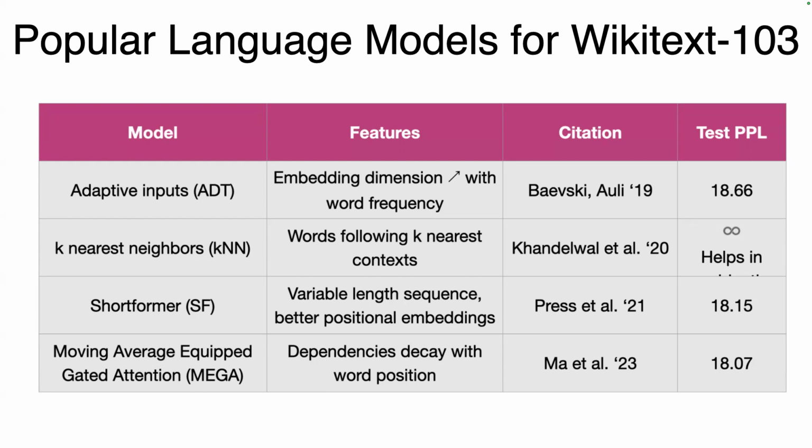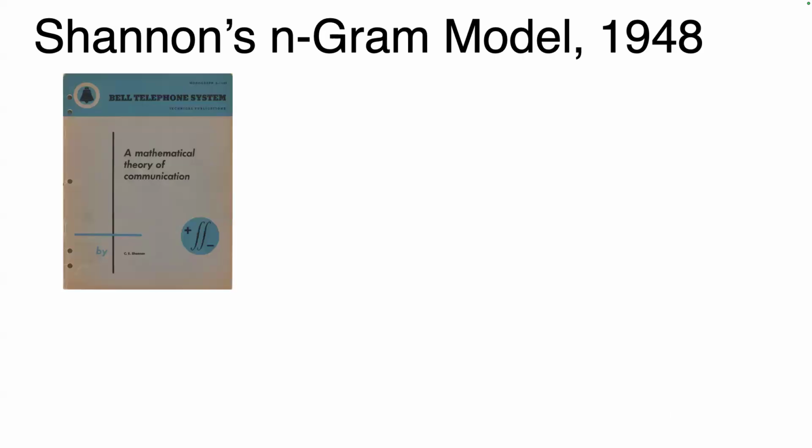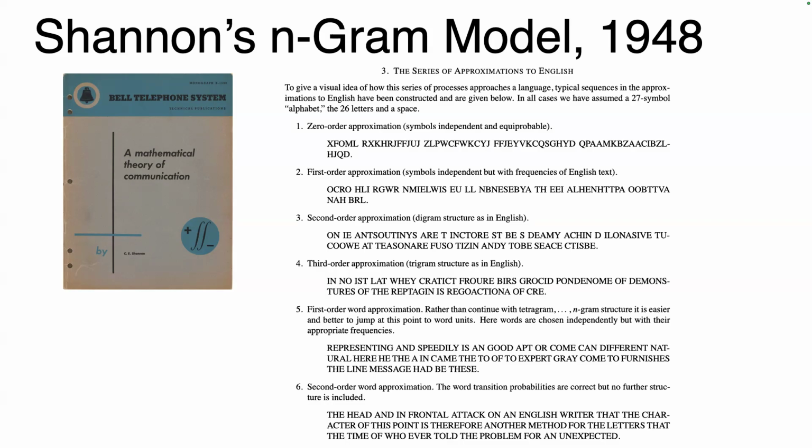So what I want to do now is just see how perplexity is related. I want to move to equivalence. I want to relate perplexity to information theory. Actually it goes back to Shannon, and it goes back originally to the same mathematical theory of communication paper that he wrote. In section 3, he was actually doing exactly this. He was trying to see if he generated sentences randomly, how realistic would they look? The first thing that he did here was just generate letters according to the right probabilities, and they obviously make no sense.